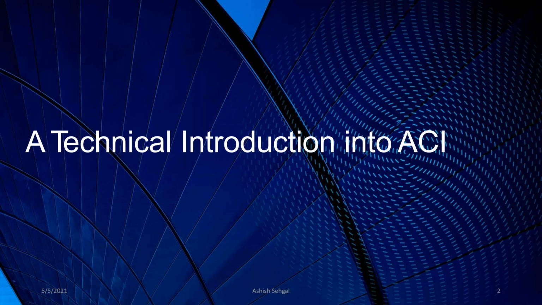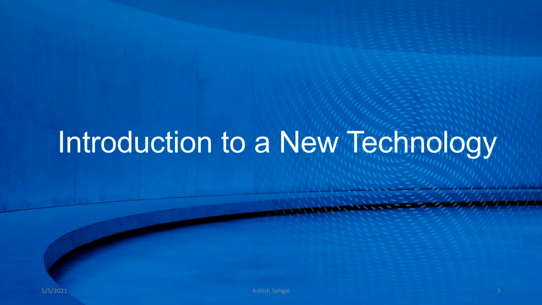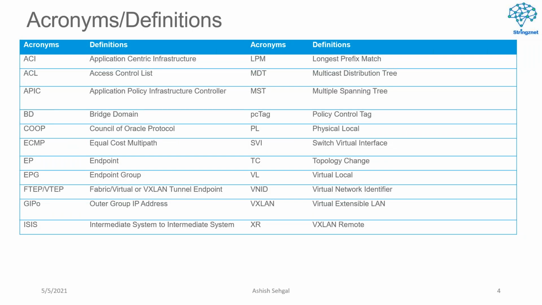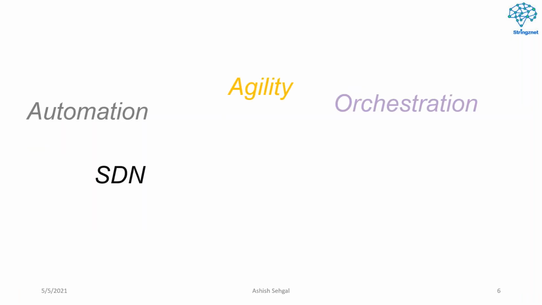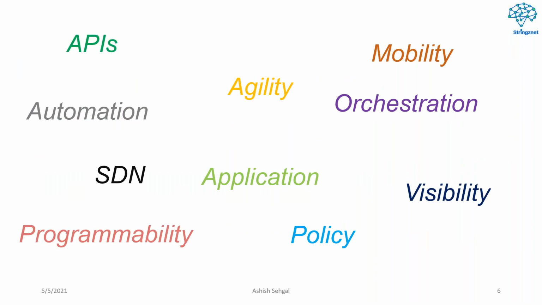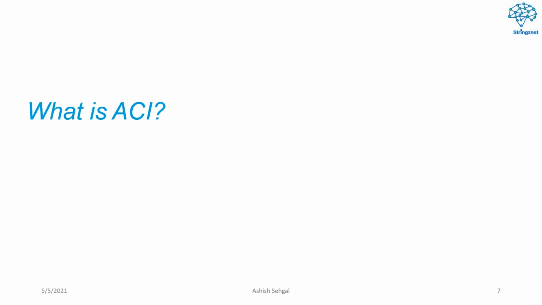That is, the old classical traditional way of configuring the network is going to be a different way of configuring the network. This is what our journey is. In this particular journey of ours, we are going to look into a lot of old stuff, a lot of new stuff, a lot of old terminologies, a lot of new terminologies. Wherever new terminologies come, we will talk about them in detail. The expectation is that you know the basics of routing and switching, which I'm sure everyone knows. So we are going to look into many new terminologies in this journey.